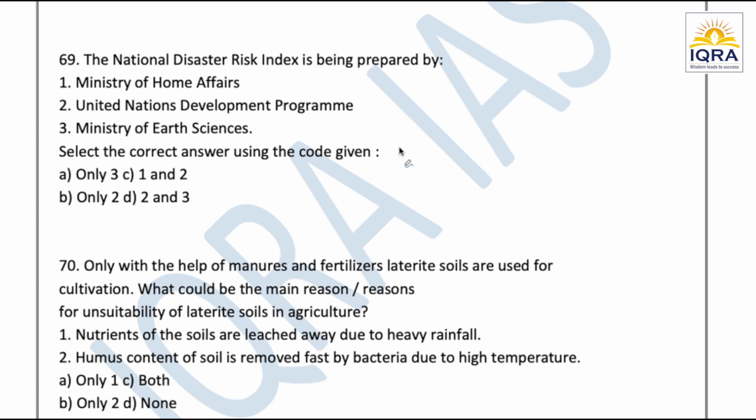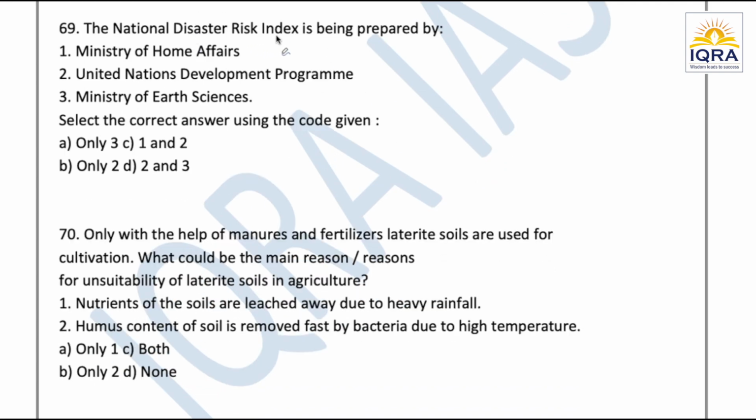Next question, question number 69. National Disaster Risk Index is prepared by, so it is prepared by Ministry of Home Affairs and Ministry of Arts and Sciences. Hence, option C becomes